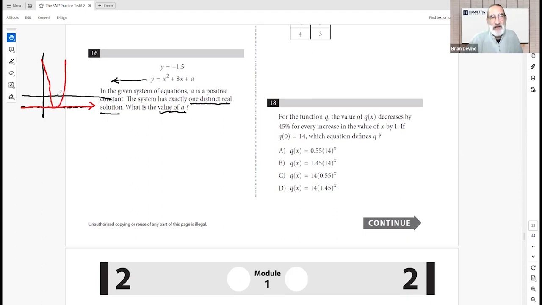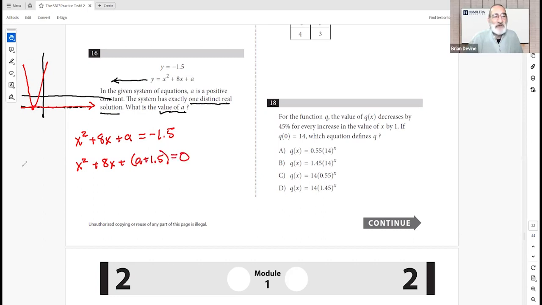It's either on that side or the other side. But it's got to be a perfect square and just bounce off once. Probably over here because of the plus 8x. Well, then I've got that x squared plus 8x plus A would then equal negative 1.5. Or x squared plus 8x plus A plus 1.5 would have to equal 0. And if that's true, then I've got,